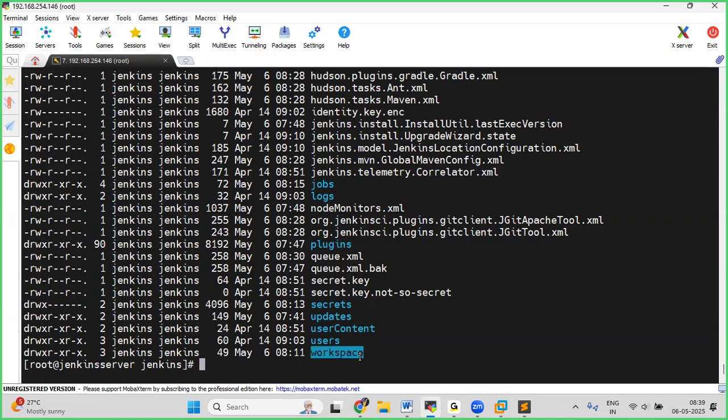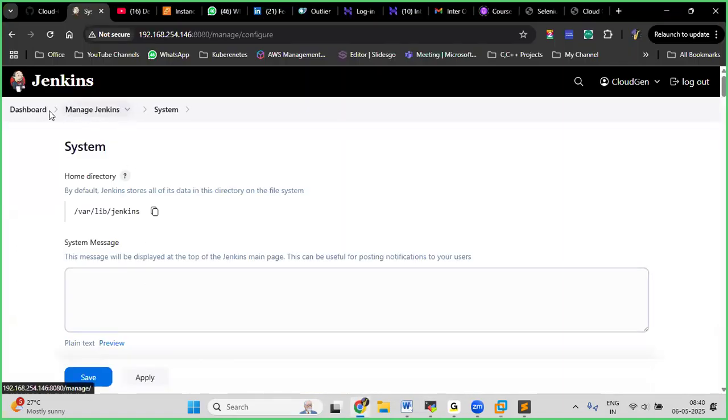By default, just by configuring Jenkins, we will not get this one. So we need to create a job in Jenkins. After that, you need to trigger the job for building. Then Jenkins itself will create one directory, that is workspace. Inside this workspace directory, whatever jobs we are seeing here,